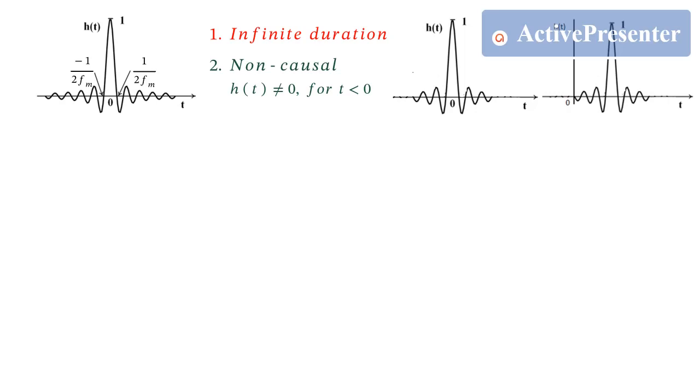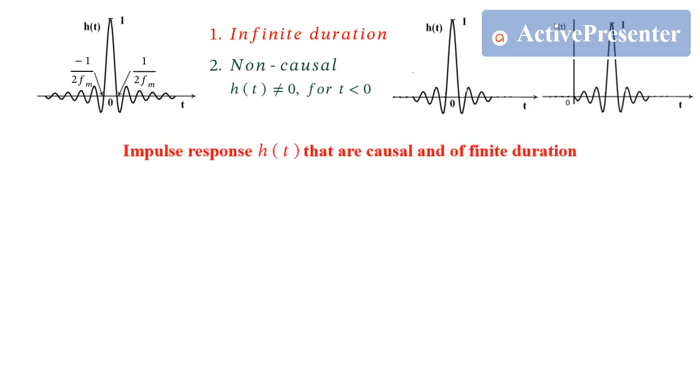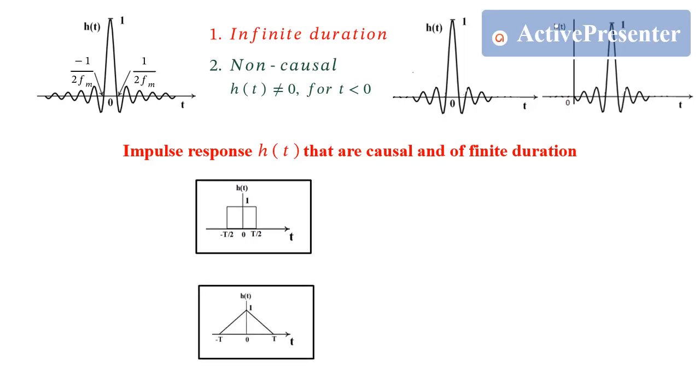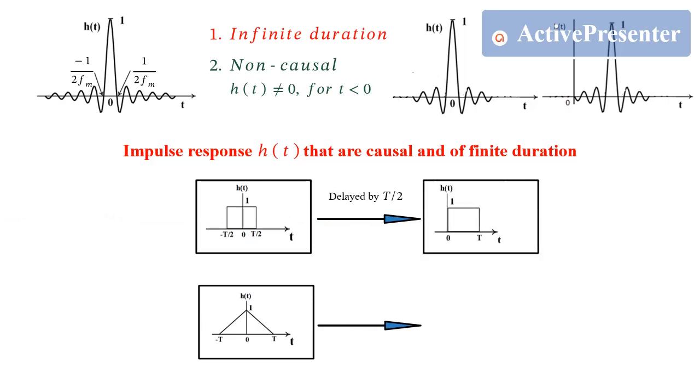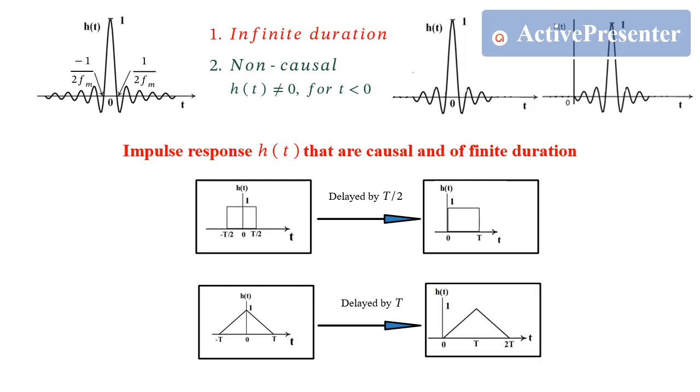That can be done. But the question is, can we have some simpler functions as impulse response of these filters that could be used for reconstruction? Let's have a look. Assume that instead of this sinc pulse as the impulse response, there is a gate pulse and a triangular pulse as well. Both of them are of finite duration but are non-causal, as the impulse response is not zero for values of t that are less than 0. But that's not a big issue. Delaying the gate pulse by half of its width and the triangular pulse also by half of its base width results in an impulse response that is causal. We'll consider both of these cases one by one.